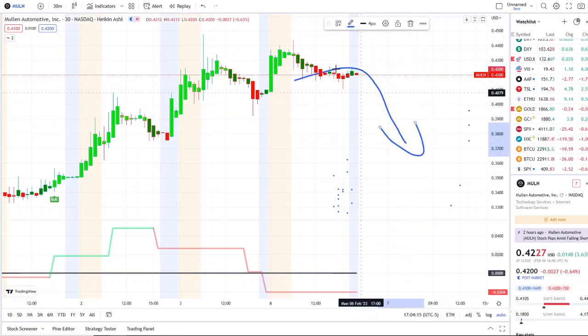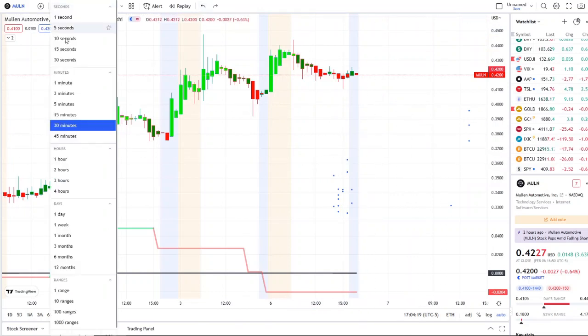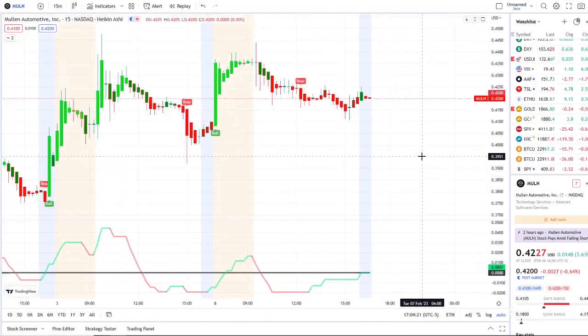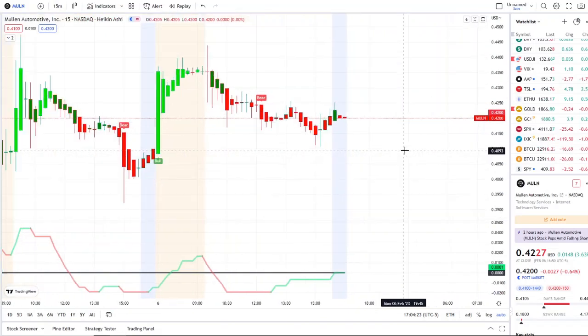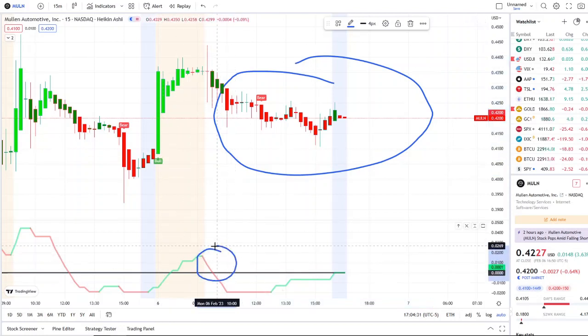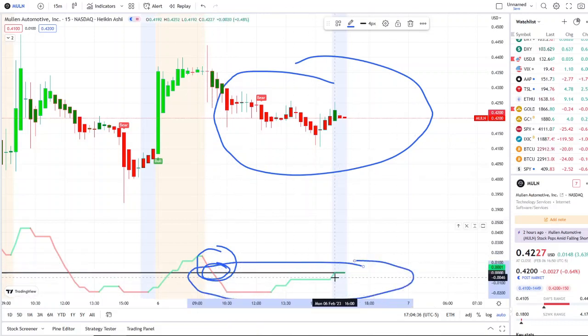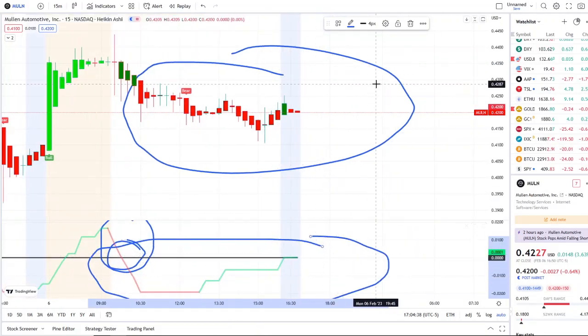Now we're going to talk about some key levels here, but the first thing is, let's look at the volatility here on the 15-minute. A lot more volatility going on here, and we're under a bear indicator, right? Bull indicator this morning from 40 cents to highs there of 44. Outflows began, they crossed, and it's been below the midpoint all the way until after hours here, as it's right